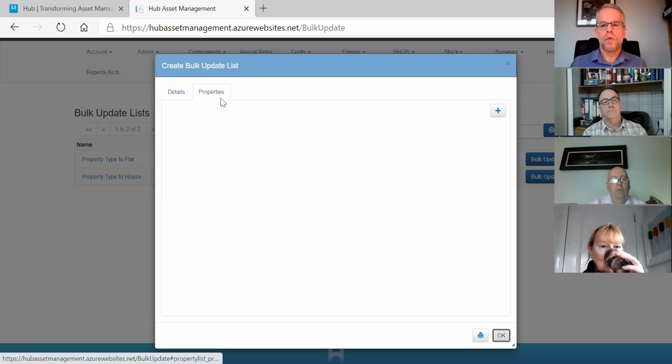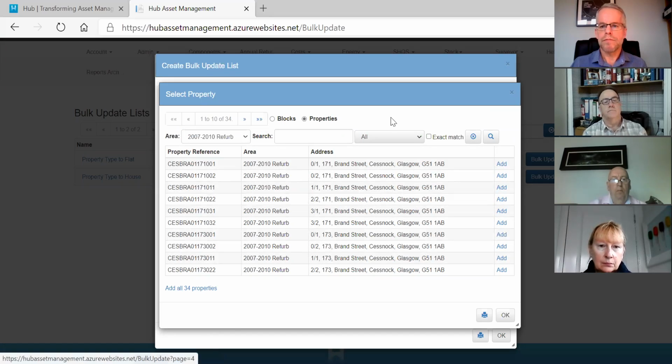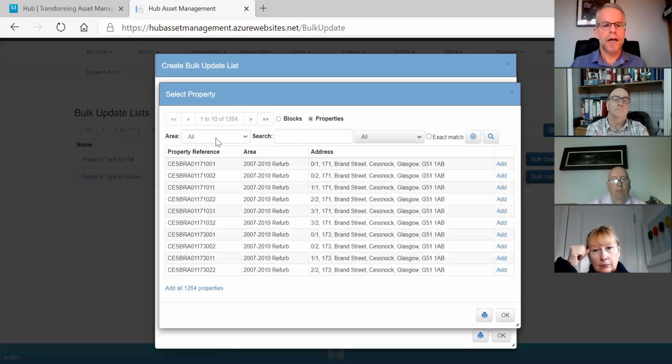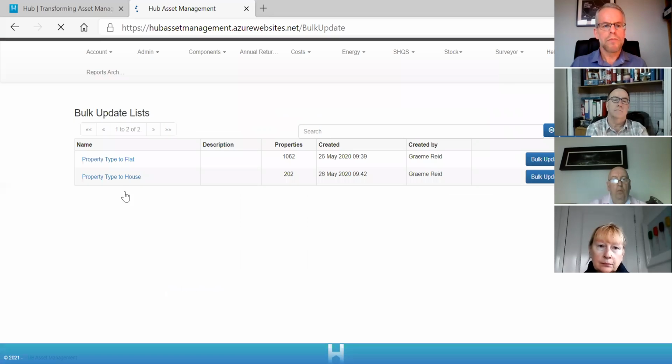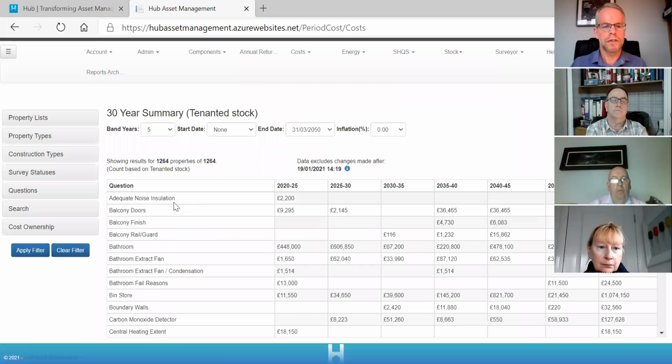We click on OK. We look at the properties, we add the properties that we want to add in that bulk update. Here you can select by area, you can select just individual properties or the whole lot. You can select by program, by project. That's by your area. But if you wanted to do it, for example, if I go back, I'm jumping about a bit just to let you see. If I wanted to take every single one of the bathrooms that were in